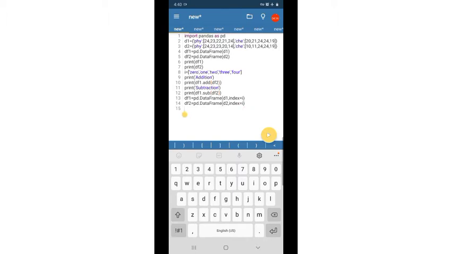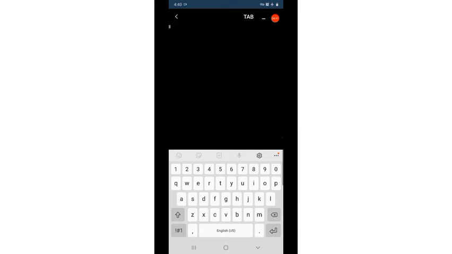Now we have to print df1 and df2. Now two data frames are created.